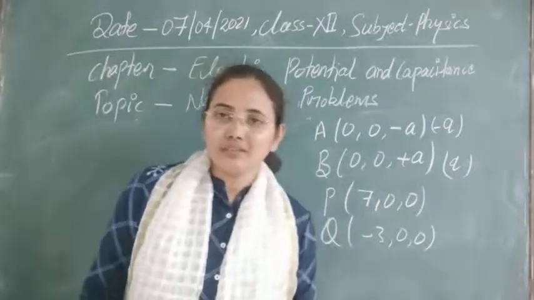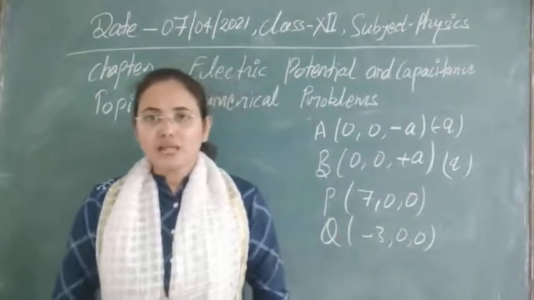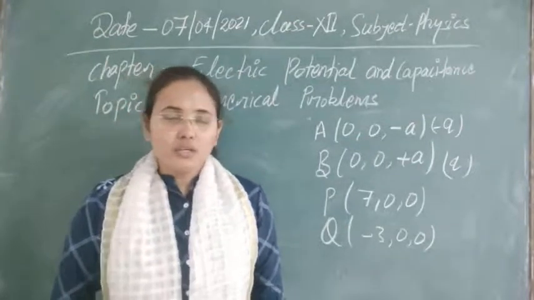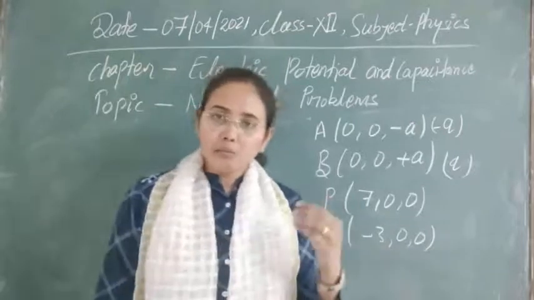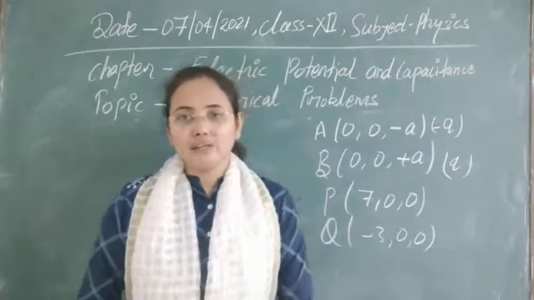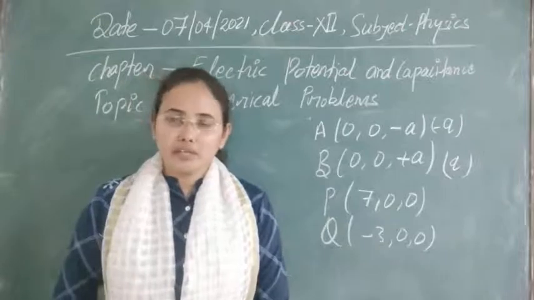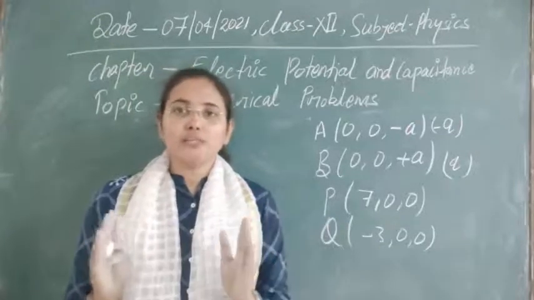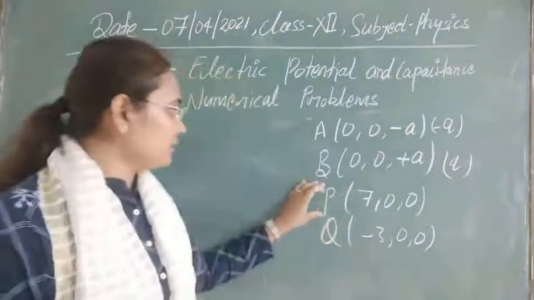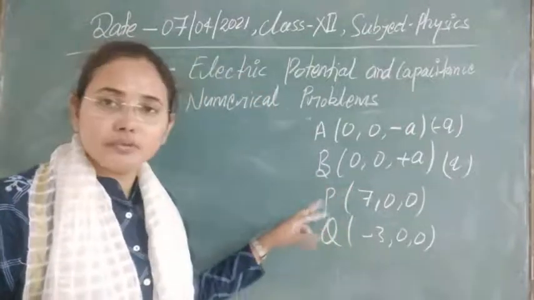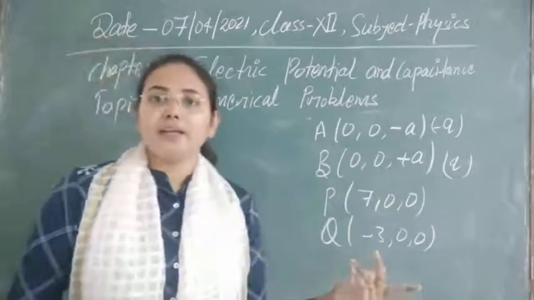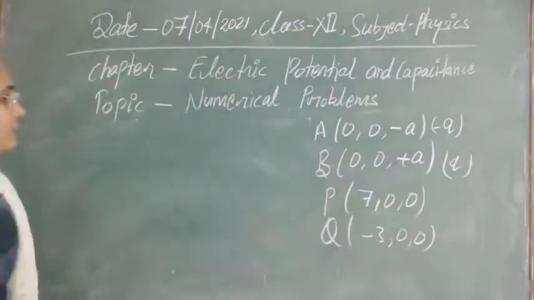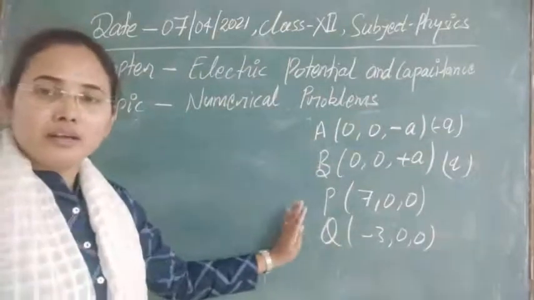As you know, whenever we have a system of charges, due to that system of charges there will also be a potential. Due to that potential, if we are moving any other charge in that field, then we have to do some work, and that work is equal to the charge q0 into the change in potential. Means the change in potential, potential at P minus potential at Q. If you take the change and multiply it by q0, that will provide the work done here. So for that case, first of all, let's assemble that in a graphical way.